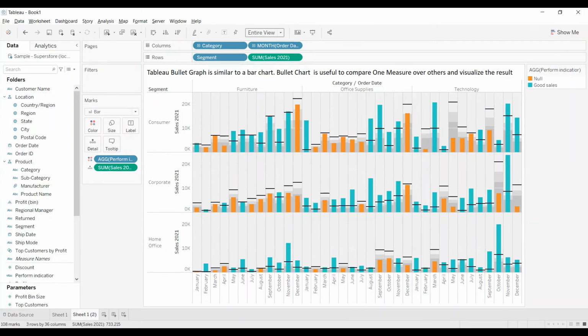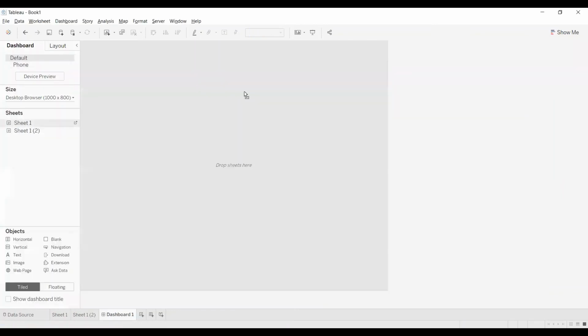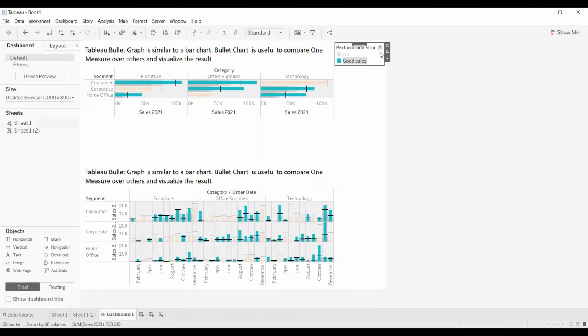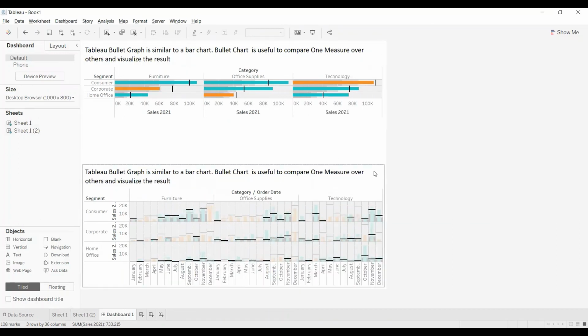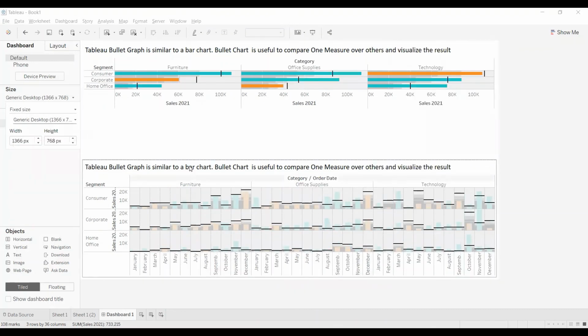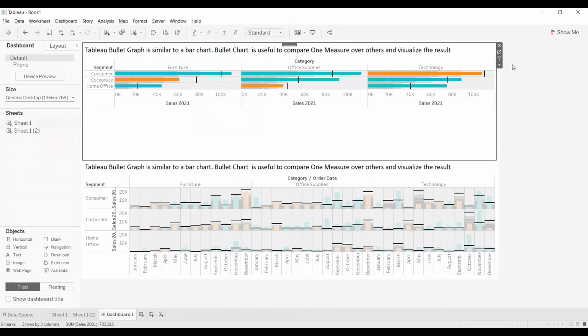Now putting both the sheets into the dashboard. I'm putting sheet 1 and sheet 2, removing these performance indicators and all. I'm changing to generic desktop size. Now I'm applying a filter.